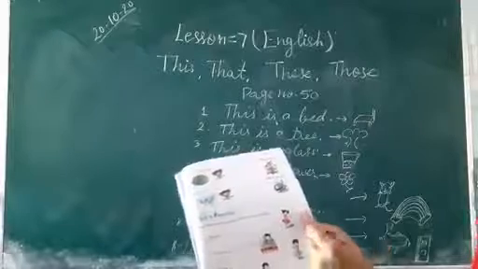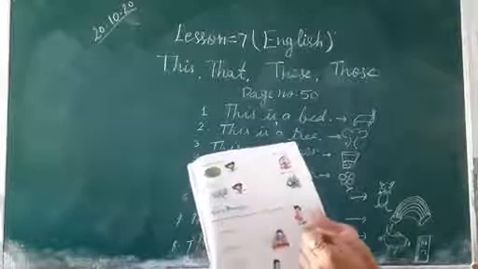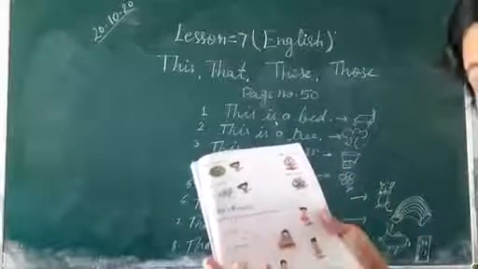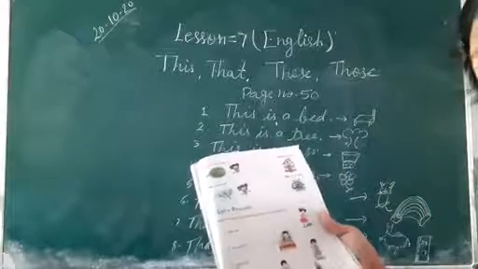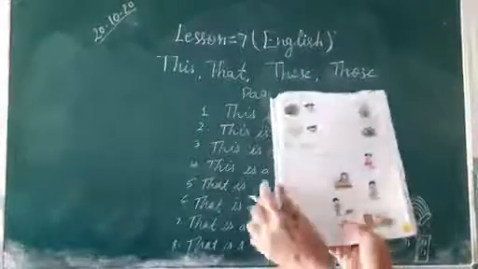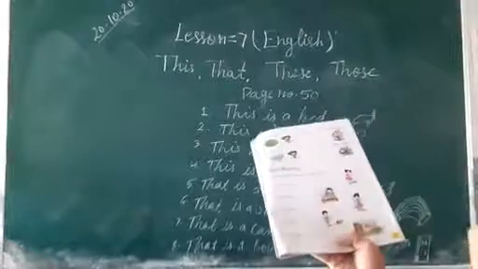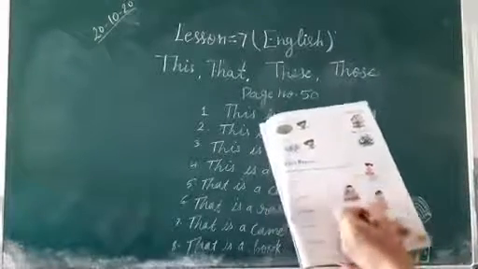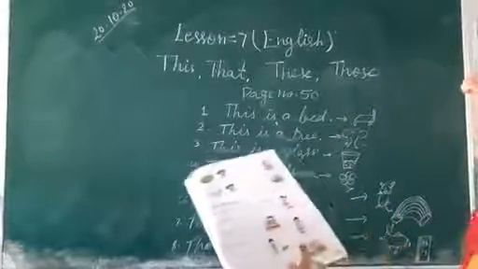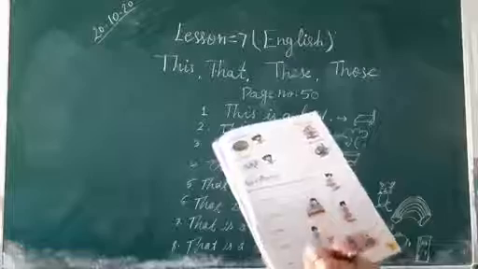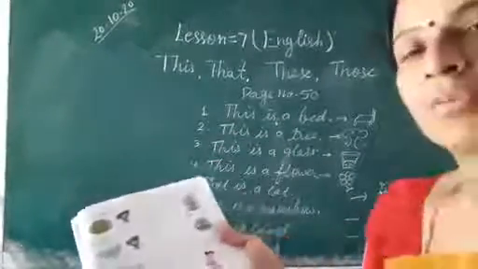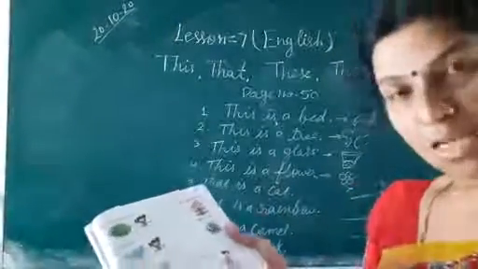There are two boxes, but this is a box and that is a box. This is near to girl and that box is far to boy. So that box. हम किसके लिए यूज करेंगे इसके लिए? That box. This box ये गर्ल के लिए, क्योंकि गर्ल के पास में है बॉक्स. This cat is also near the girl. तो जो पिक्चर पास में है उसमें हम this का यूज करेंगे.